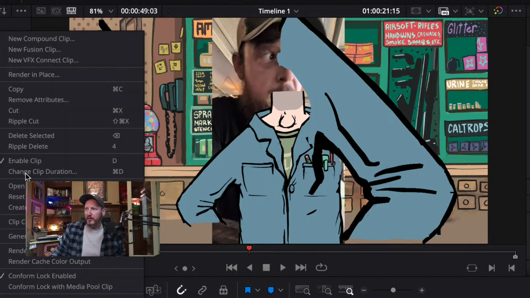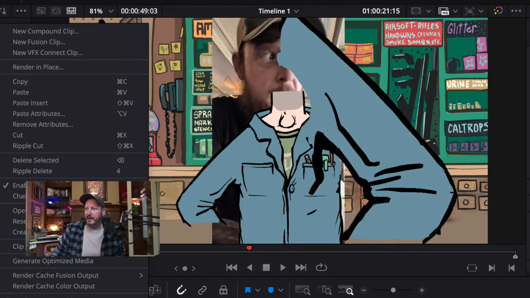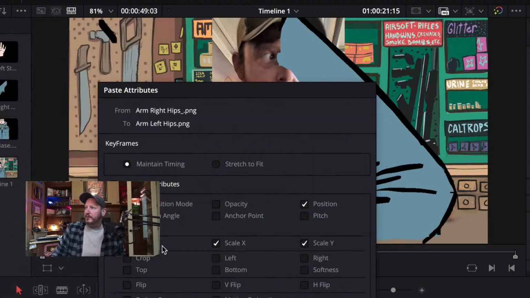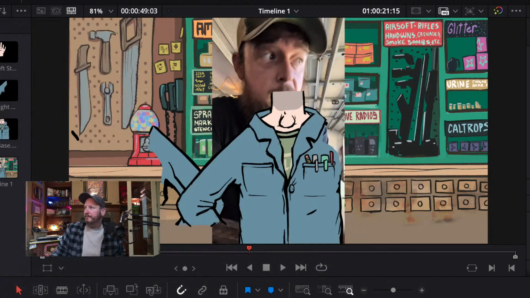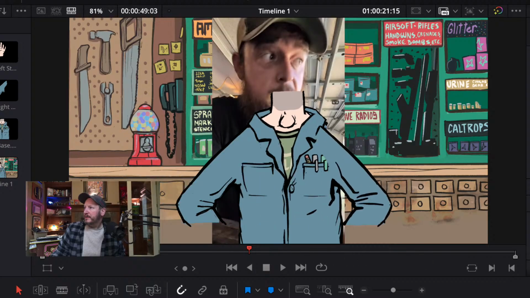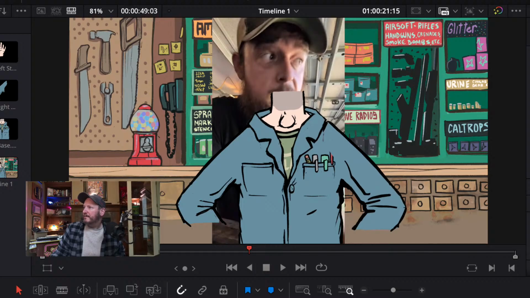What I can do is go copy, paste attributes, whatever, perfect. So it'll be the same size. This is bad. Why is that not the same size? I think it's because there's a variable in there. You can see it when I move this. Anyways,